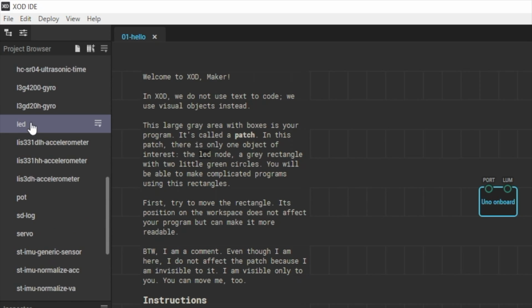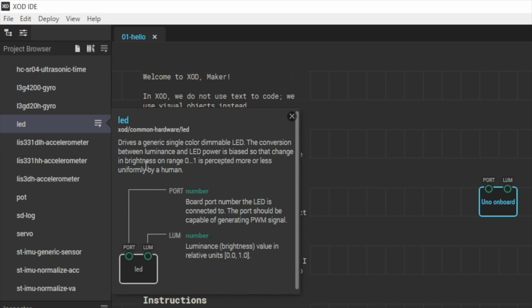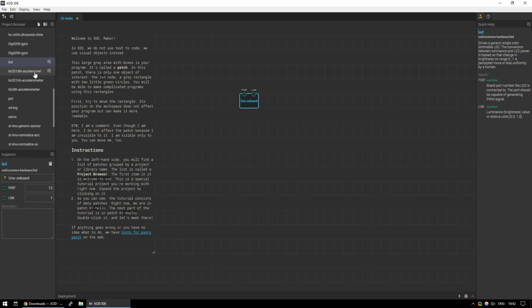So if we have LED selected in this menu, you can open the help menu by clicking on the context menu or simply pressing H. And that will show you the same information as over here. And if you want to place it, again, you can click place, or you can simply drag and drop it